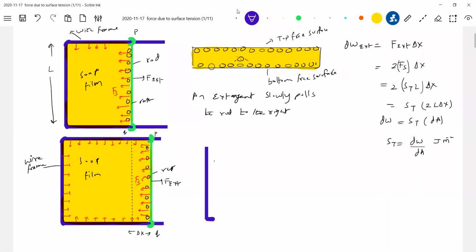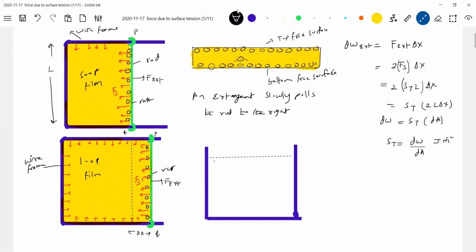Suppose this is a tank. We had an assumption, no? So the molecules are like this. Now, if I want to increase the surface area, tell me what happens to the number of molecules on the free surface? It should increase, no? The number of molecules on the free surface should increase. Where will that extra molecule come from? It should come from inside the liquid. So this molecule has to go and occupy this position. So when it is moving like this, when it is having a displacement like this,